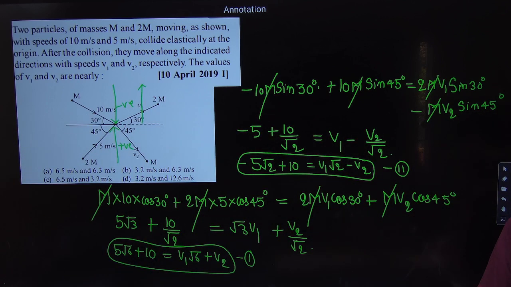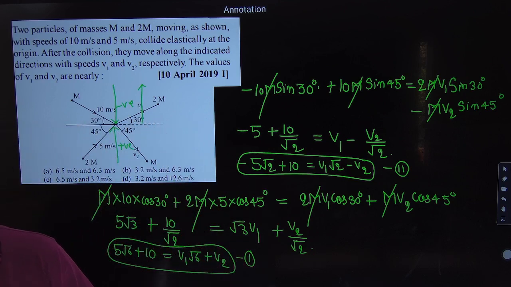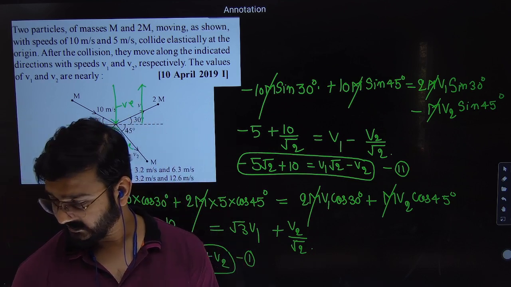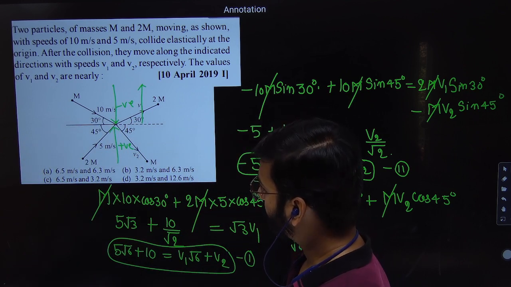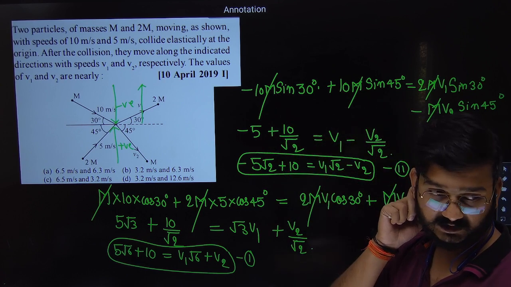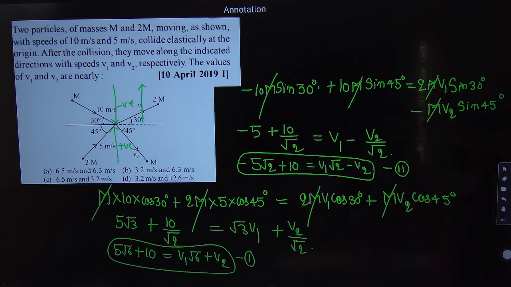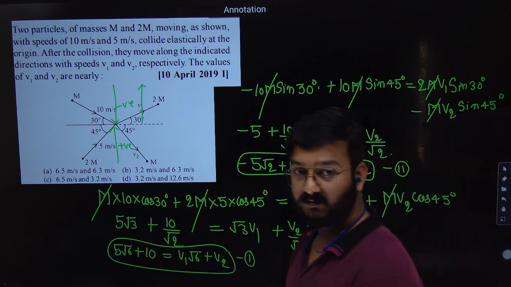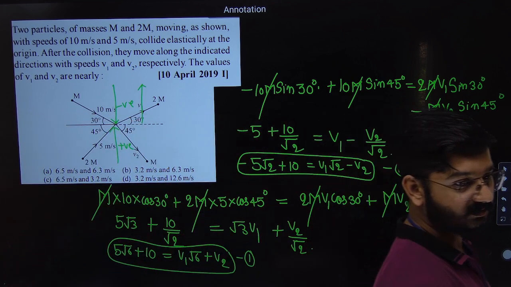I got one answer as option B. Let me check. Option B is not correct. I think I know, Kunal, what mistake you have done. You have not taken the sign properly, I think. Am I correct? Yeah, I think that only. You didn't consider plus minus. That's why you got option B. Option A is the right answer. Momentum is a vector quantity, right? Not scalar. You have to take care of the direction.